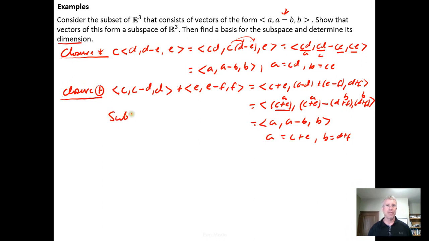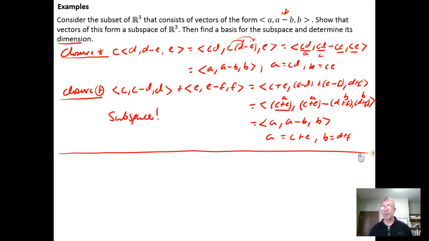So we're all excited about that. We have a subspace. Yippee. So what remains is to find a basis for the subspace. So what we do to do that, we go a